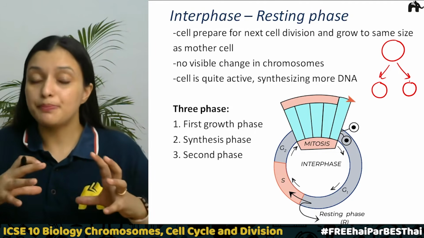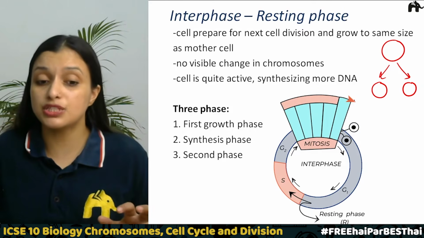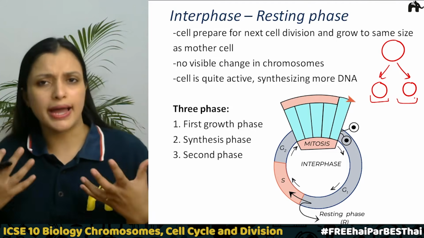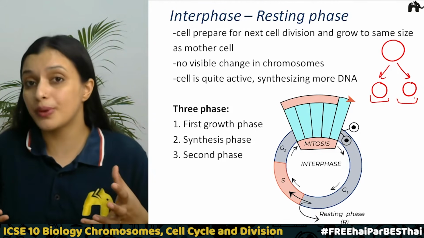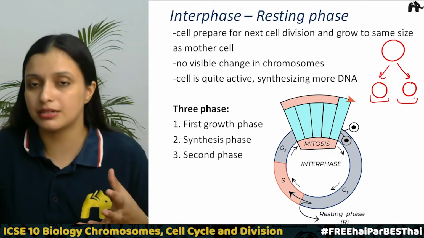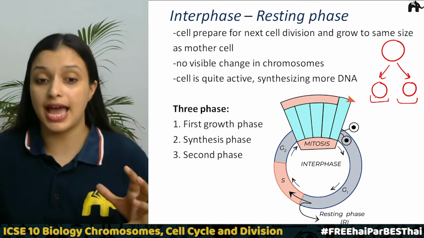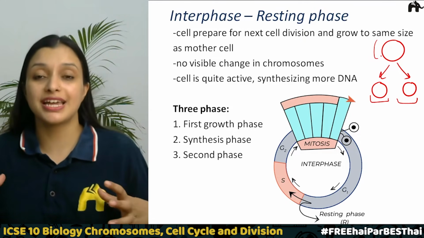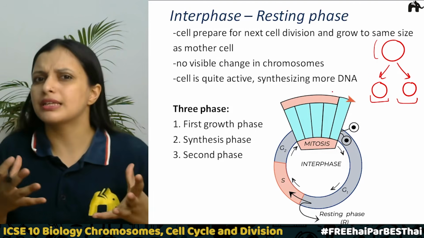Now the cell prepares during this phase, during interphase. These cells will prepare themselves for the next division. So they need to actually do some activities inside the cell. This is the way how they will prepare for the next division. Now first of all, the cell grows in size as the mother cell, right? So these daughter cells will grow in size as the mother cell,